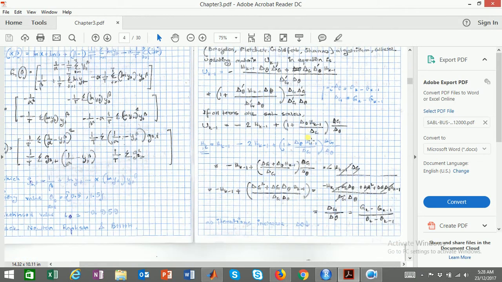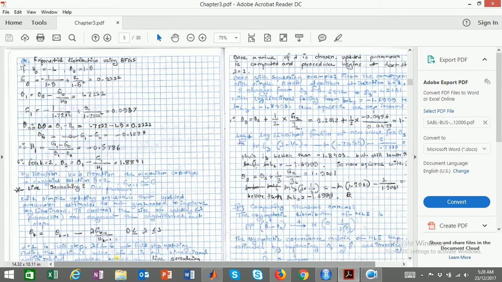We'll see an example where BHHH is used on the exponential distribution. So given the initial value to be 1.5, the gradient is 1 by 1.5 plus 2 by 1.5 square. Just the simple structure of the exponential distribution gradient. The updated parameter is, as you know, okay, that is done. The gradient evaluated at theta 1 is this,